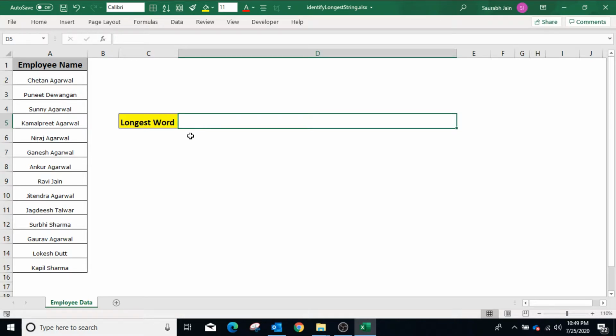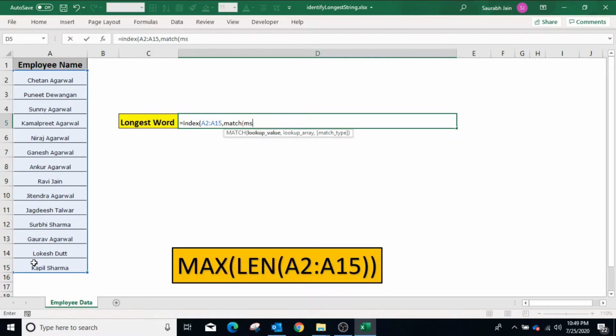So type equals INDEX, open bracket. Now we need the longest name from the list given, so select cells A2 to A15, comma. To get the row number, we will use the MATCH function. Type MATCH, open bracket. Now the lookup value will be the length of the longest string. So type MAX, open bracket, LEN, open bracket, select A2 to A15, closing bracket for LEN, closing bracket for MAX